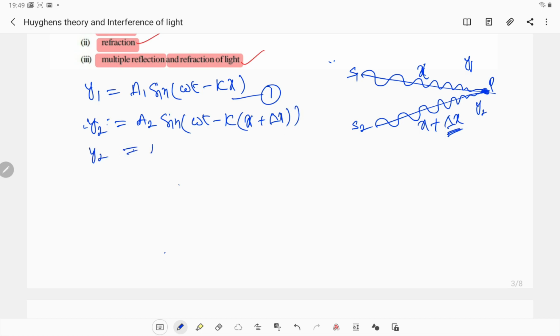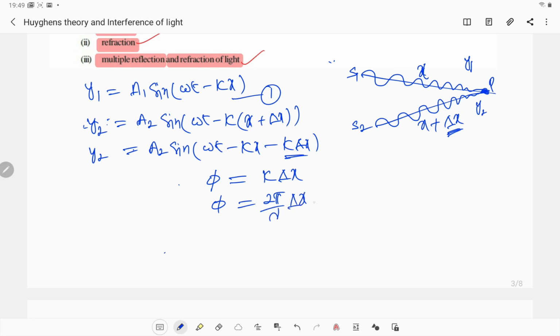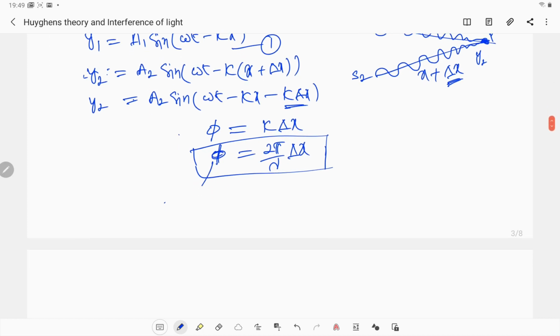Therefore, y2 is equal to a2 sin(ωt − kx − kΔx). This kΔx is nothing but the phase difference. Therefore, φ is equal to kΔx. φ is equal to k, the wave number, that is 2π/λ, into Δx. It's a very important relation. While solving problems, we can use this formula frequently. So very important. This is nothing but the phase difference